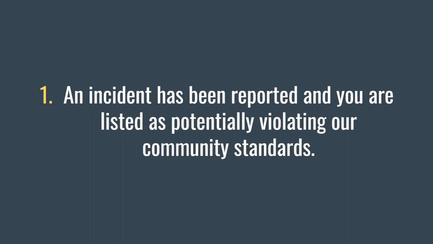So I'm going to go through the community standards process just so all of you are aware of what the process is. The first step is an incident has been reported and you are listed as potentially violating our community standards. We will send you an email to your WSU address with the next steps, including your information session. The information session is where you come to hear about the process and what's going to be taking place. Remember that until a decision is made at your hearing, you are assumed not responsible for your reported incident.